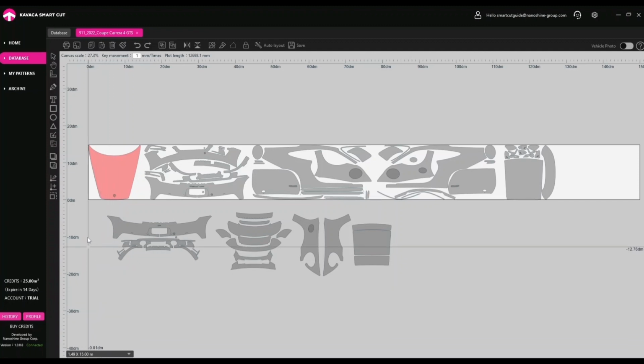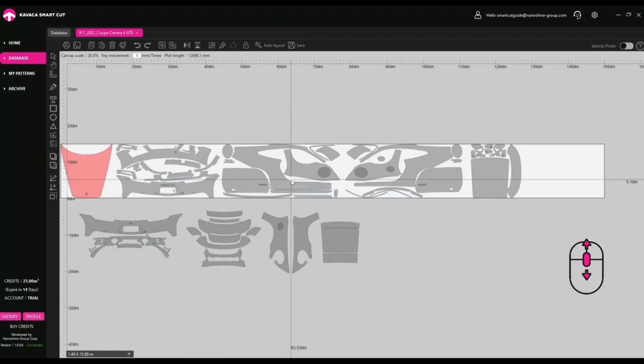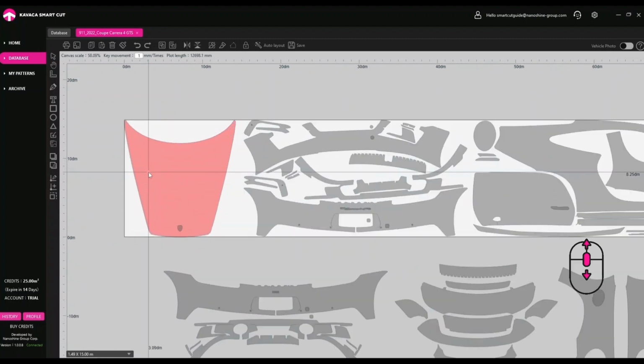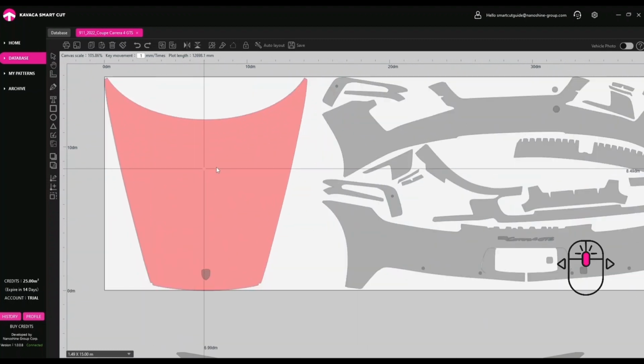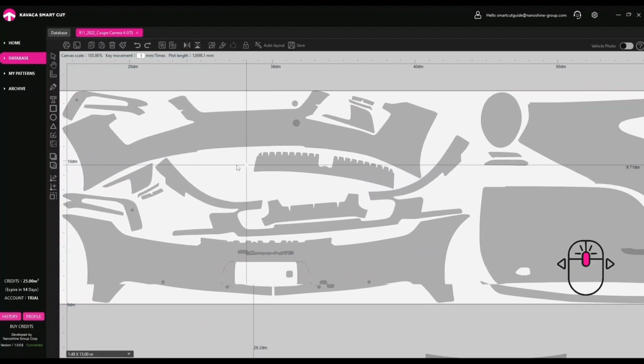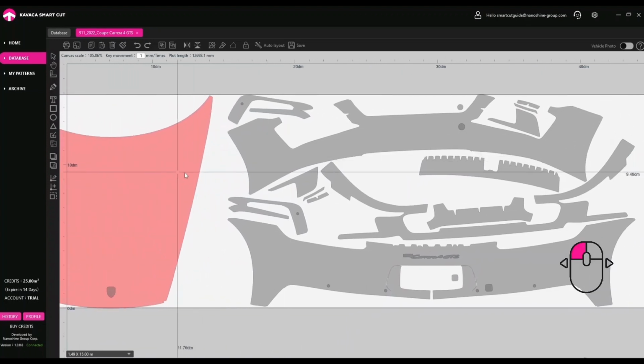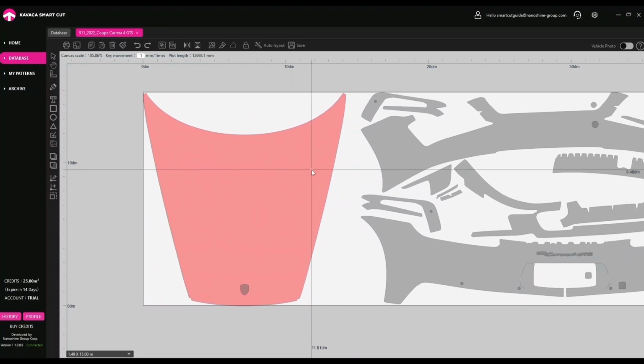For full interaction with the graphic editor, you will need an ordinary 3-button computer mouse. To zoom in and out, use the mouse wheel. Zooming will be automatically directed toward the mouse cursor's location. Press and hold the mouse wheel to move the canvas. Or select this hand tool on the toolbar, and by holding the left mouse button, move around the screen. Switch back to the cursor.